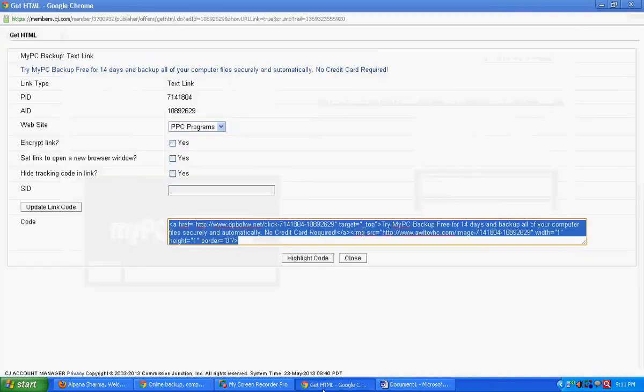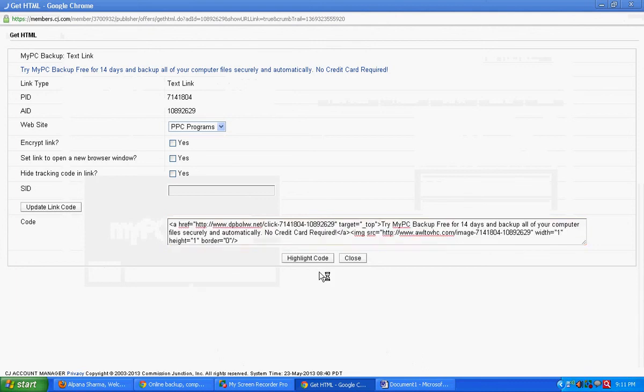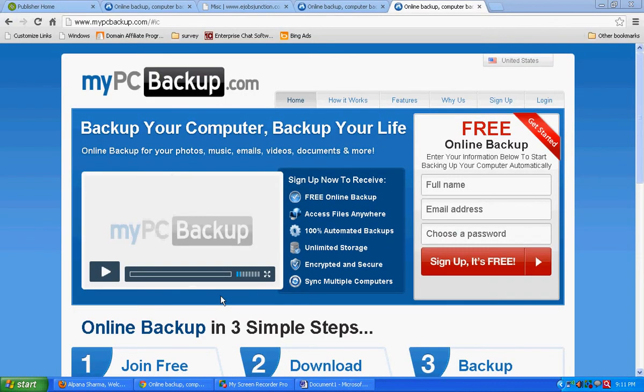All these are secured codes, and all this is tracking. Commission Junction is basically a mediator or an interface. The merchant wants to get its products promoted, and we want to promote a particular thing. So the middleman who is managing everything is Commission Junction.